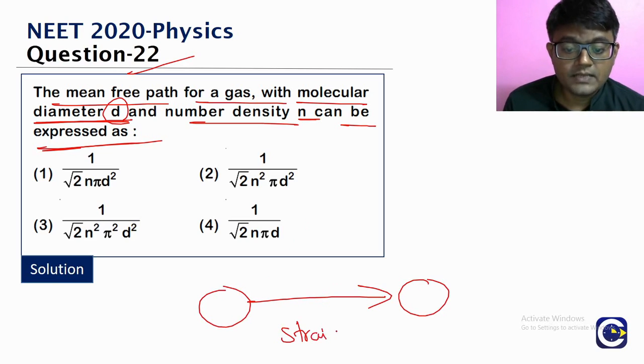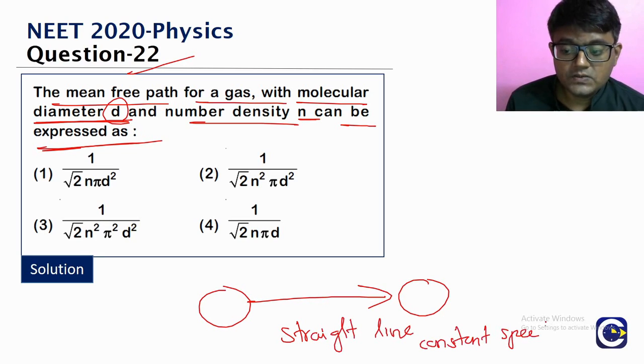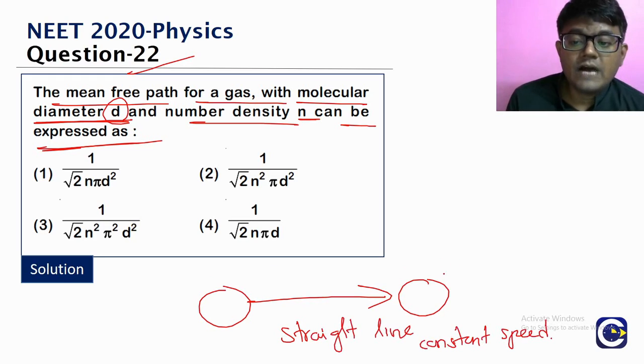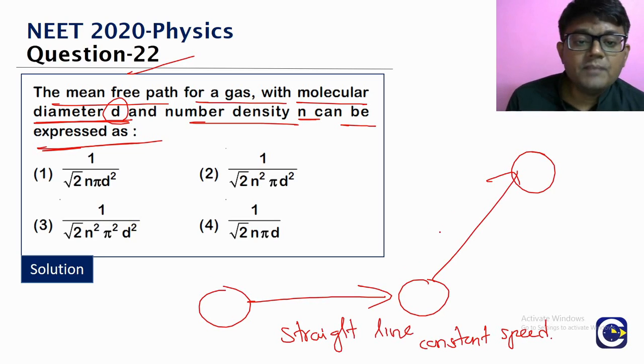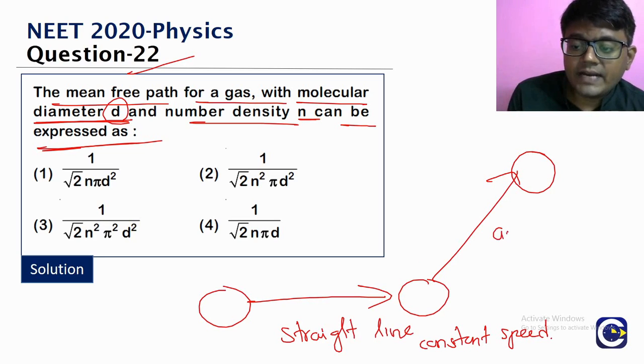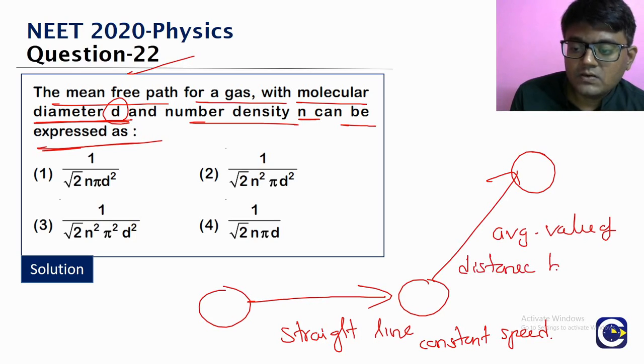It will be traveling in a straight line with a constant speed. Okay, that is what we'll have. After the collision, it might change its direction of motion and also the speed. So mean free path is the average value of distance between successive